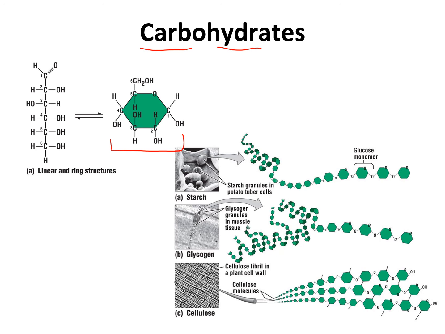Polysaccharides, many sugars linked together. Some examples of these are starch, glycogen, and cellulose. So again, carbohydrates are made mainly of carbon and hydrogen with some oxygen thrown in, and their main purpose is energy, especially those simple sugars like glucose, and you can link simple sugars together to get polysaccharides like starch, glycogen,